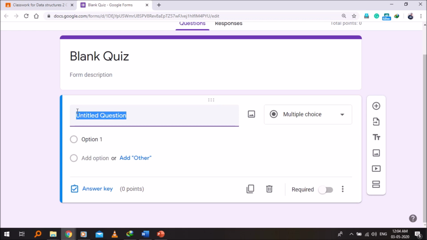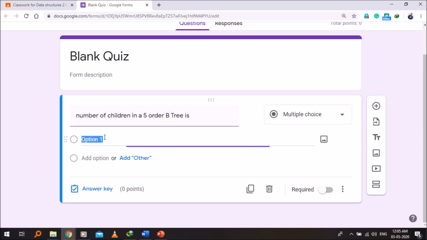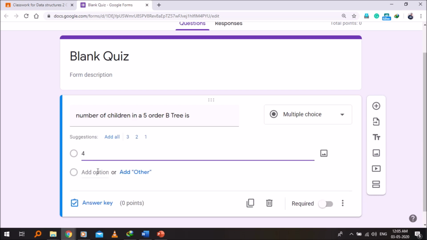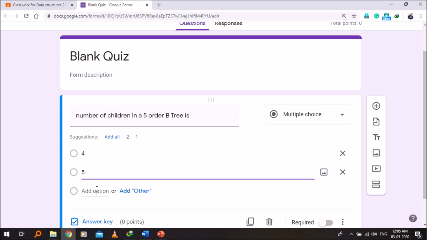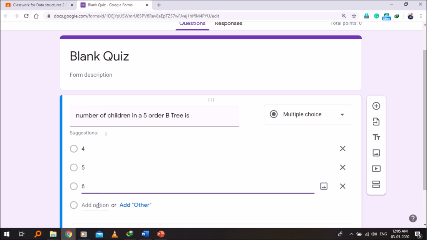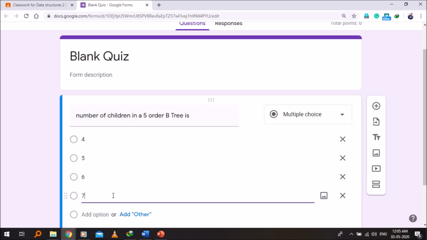For example, number of children in a 5-order B tree is option 1: 4, 5, 6, 7.